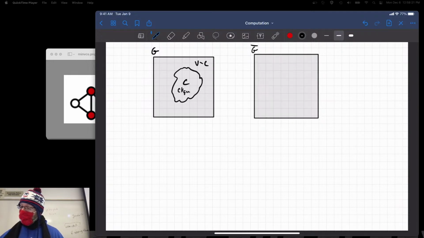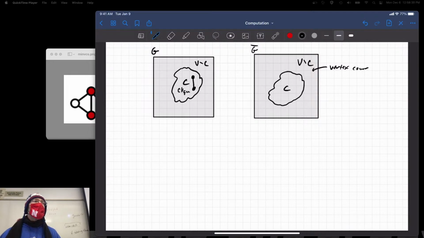I'll keep the same clique, but then this ends up being my vertex cover. This is the vertex cover. Now consider an edge over here in the original, right? This will not be an edge over here, okay? Therefore, it's got to be,